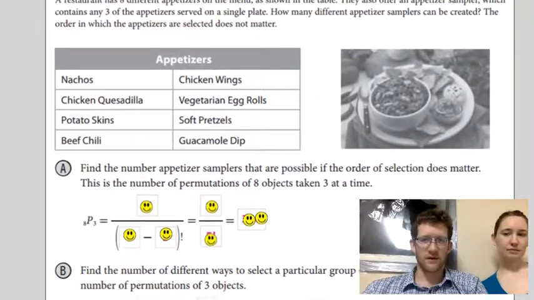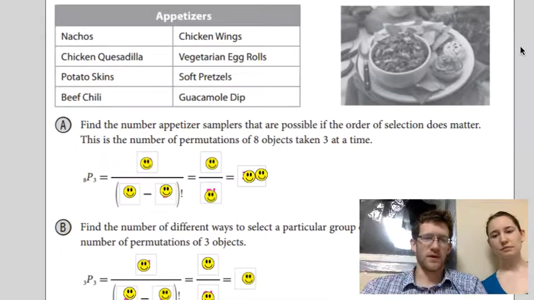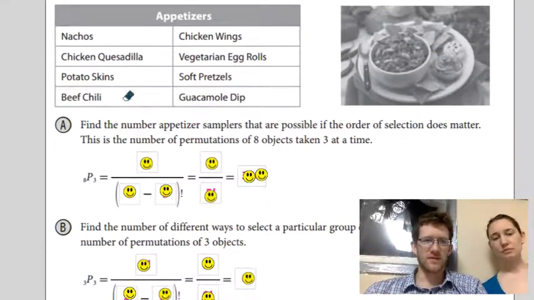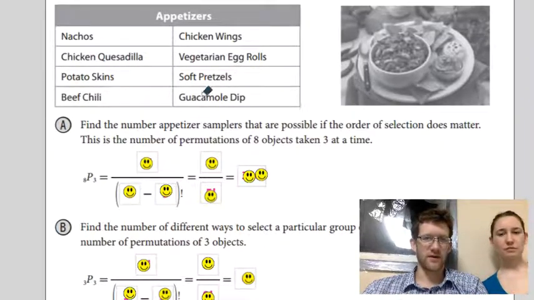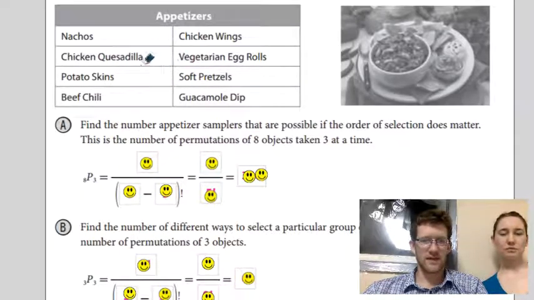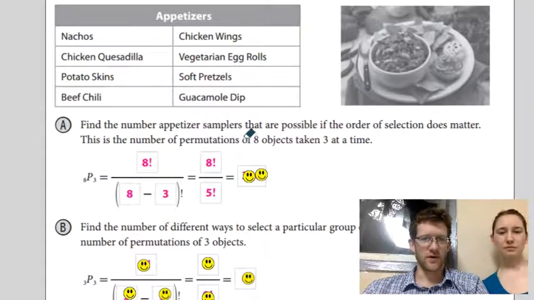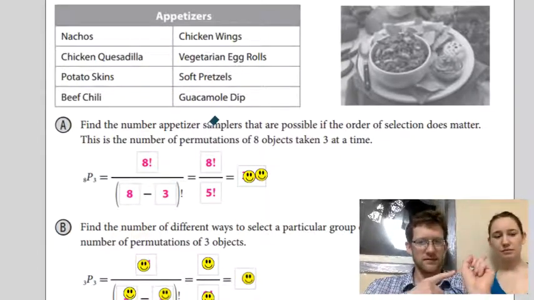So let's figure this out, and we'll do it using our permutation information. The first step is to find the number of appetizer samplers that are possible if the order does matter, right? So we're going to choose 3 of these 8, or 8 choose 3 permutations. So in that case, it's 8 factorial over 8 minus 3 factorial, or 8 factorial over 5 factorial, which is,